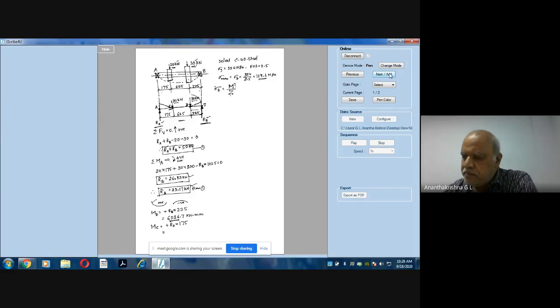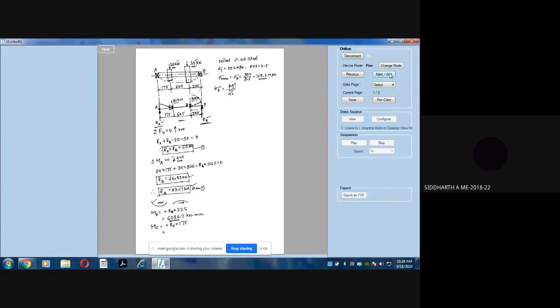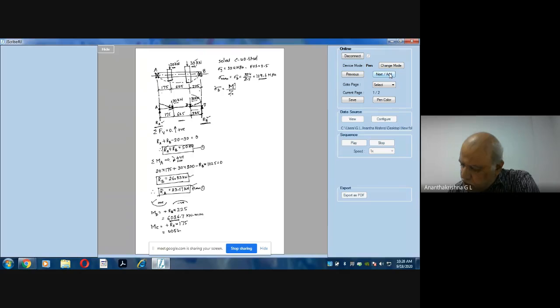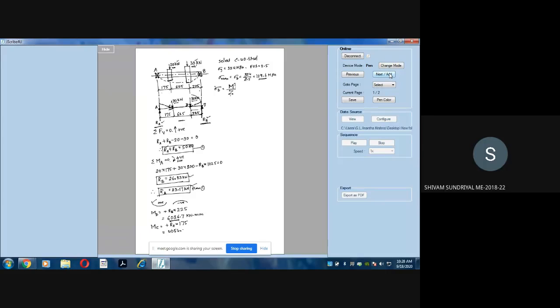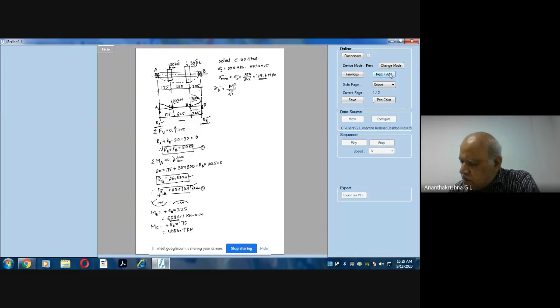So what is the value of bending moment about C? 4054.75. Yeah, that's excellent. Okay. So this is the bending moment. Now the bending moments about A and B are going to be 0. So what is the maximum bending moment of these two? This one, no? 6036.7 will give us the maximum bending moment.